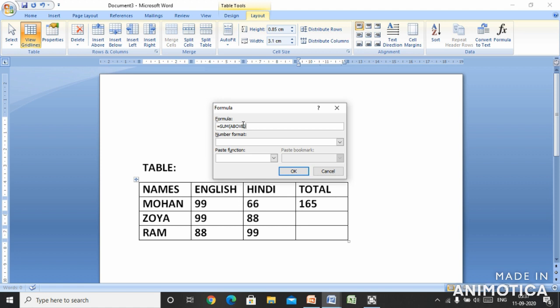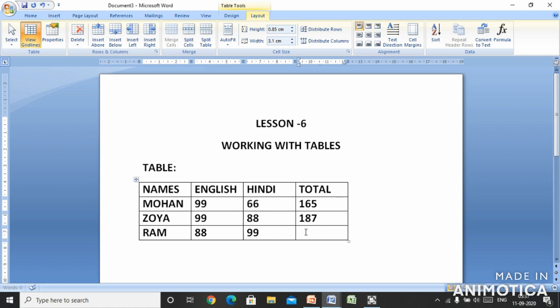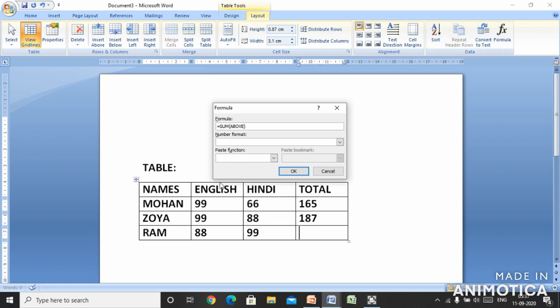Suppose here it is written above. So what I will do is change above to left. Now see here left. Now click on OK button. Then the result is displayed here. The same way, similarly come to this next cell and click on the formula button in the data group in the layout tab. Again and again I'm speaking out the group and the tab so that you may remember it well, children.